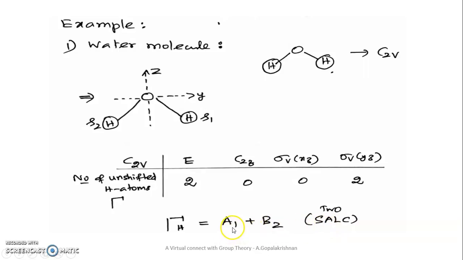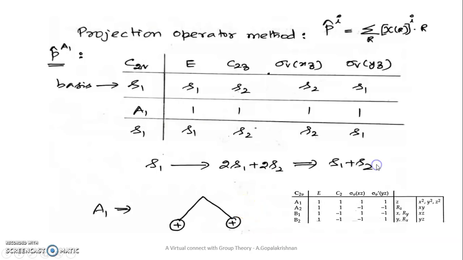A1 corresponds to one symmetry adapted linear combination, B2 corresponds to another. So these two surrounding atoms form 2 SALCs. Now we will apply projection operators on the functions S1 or S2, and we'll identify the